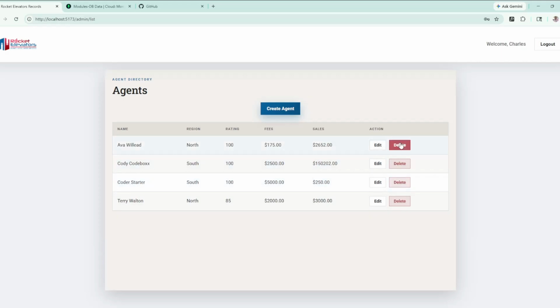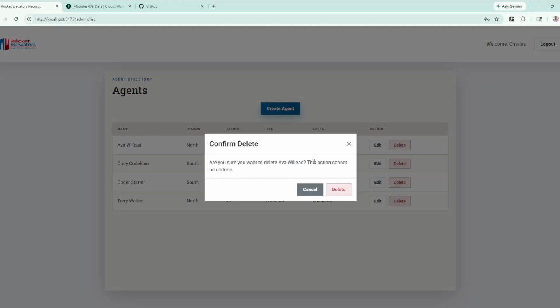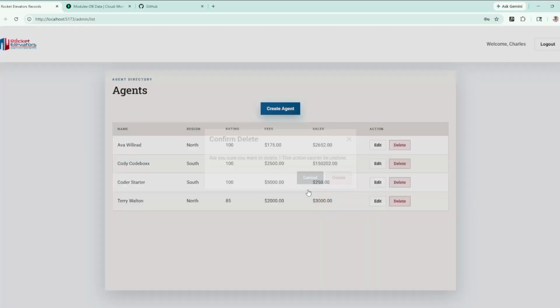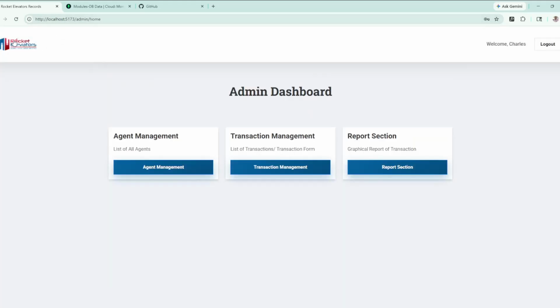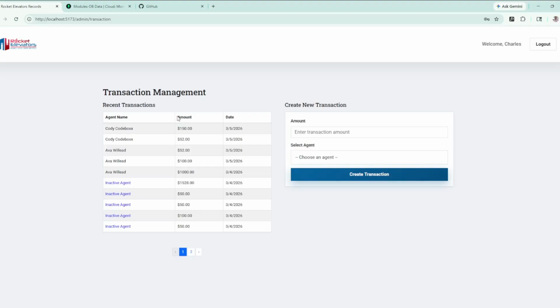And then also on delete. So are you sure that you want to delete? This action cannot be undone. And we're not going to delete now. I'll show you that in just a second when we go over to the transaction records, and I'll show you why. So on the transaction management here, we have the transaction management table of recent transactions where the latest